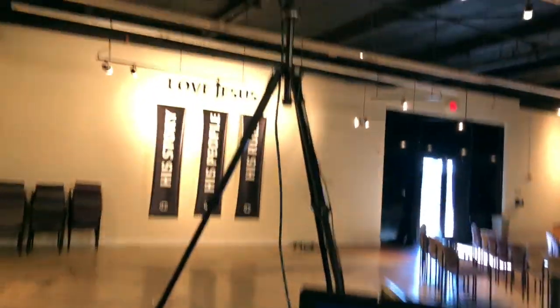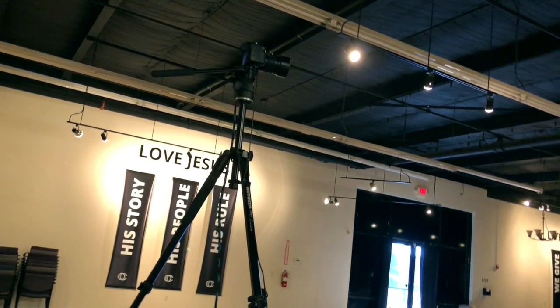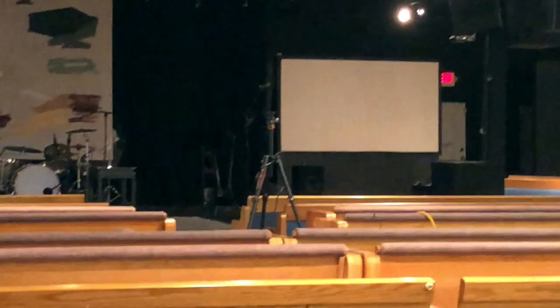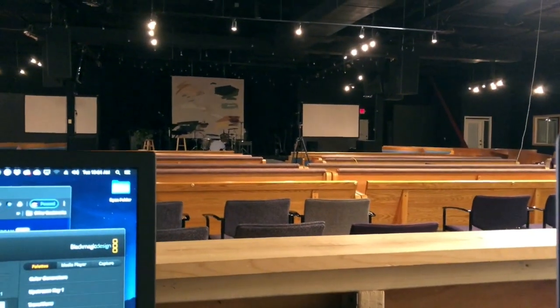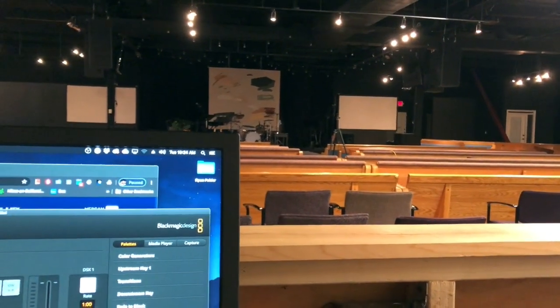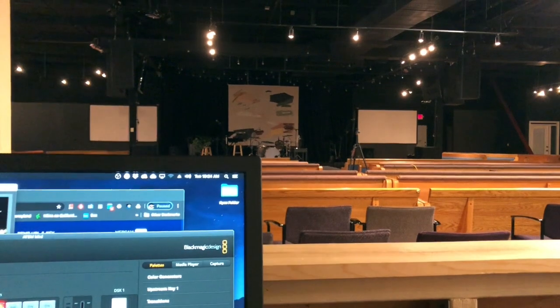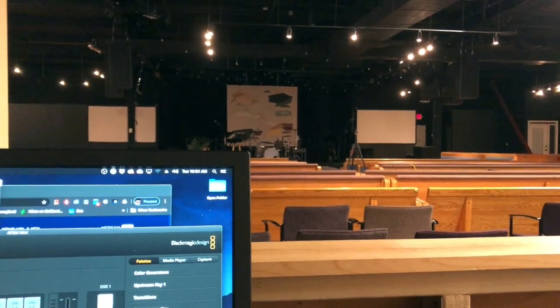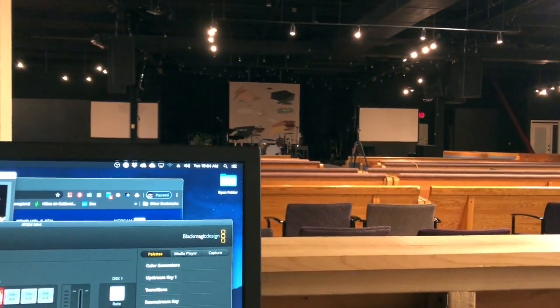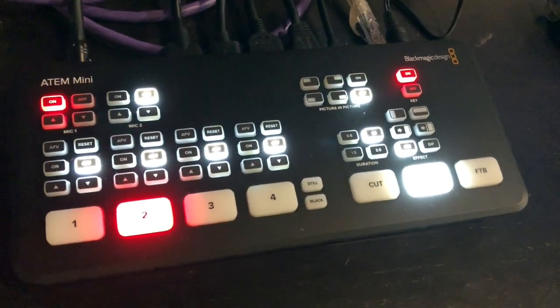We have one camera, just a DSLR that we have been running normally on Sundays to record the sermons with, but we added a second camera on Sunday right there in the center of our room. So we had a couple different angles going for our live stream and recording. We have the two DSLRs, the one we borrowed on Sunday, which we'll probably end up purchasing a second one of going forward. Those camera sources were fed into this Blackmagic ATEM Mini, which we managed to pick up.